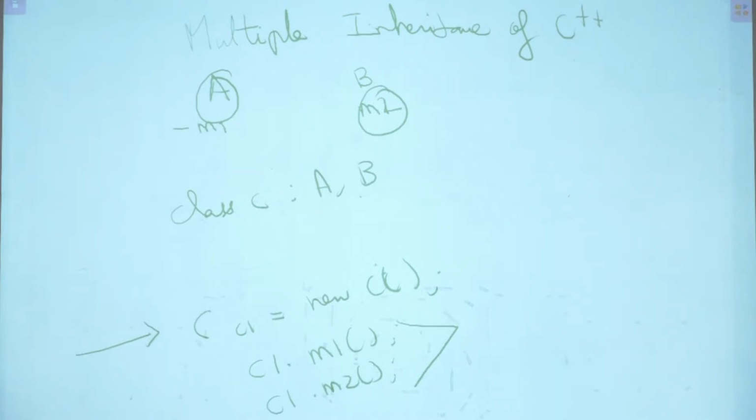Now, Java says, I don't tolerate any of that. I don't support any of that. Java says I will support only single inheritance. I will not support multiple inheritance. And believe me, Java came about 8 years later than C++. Generally, the languages which come later are expected to be more mature, more sophisticated than languages which come earlier. Here is a situation where Java, which came later, decided to say, I don't want multiple inheritance, though apparently,